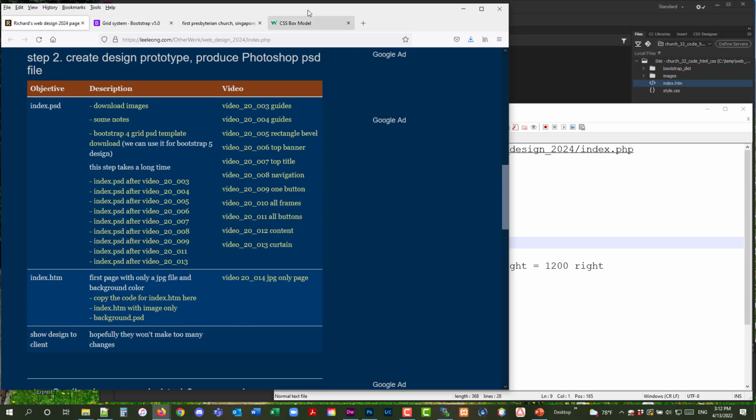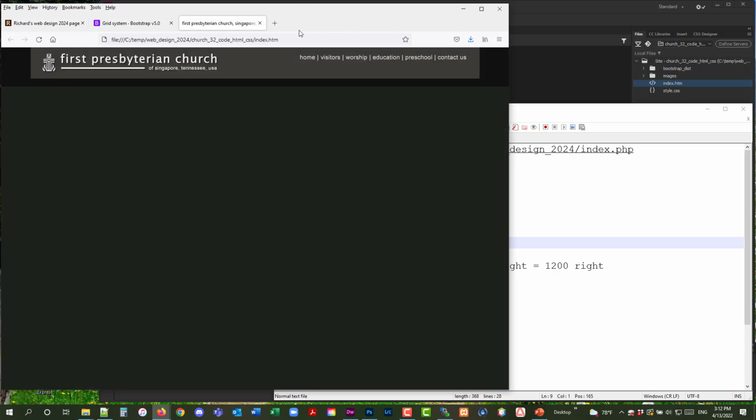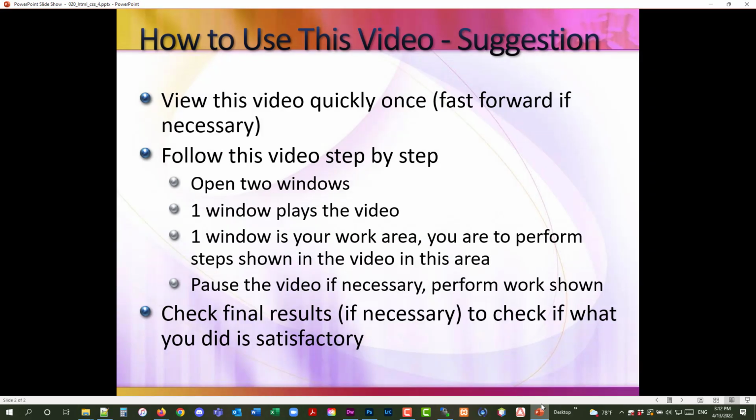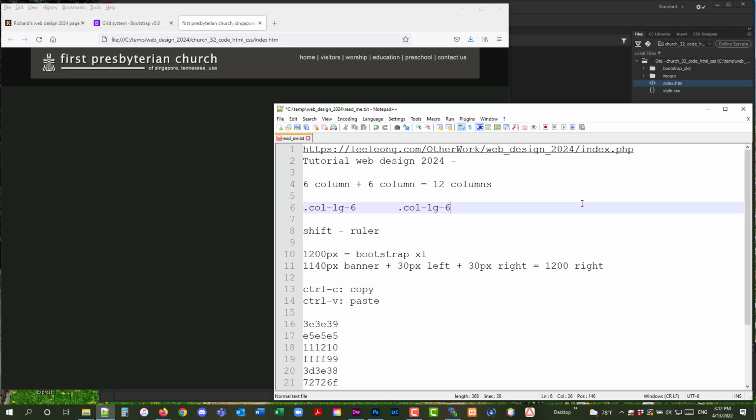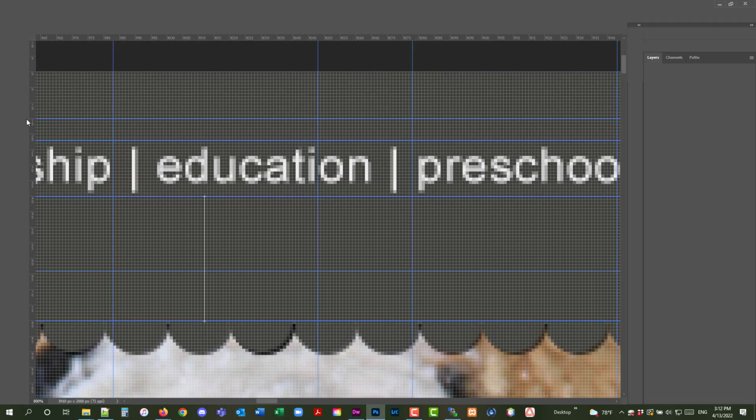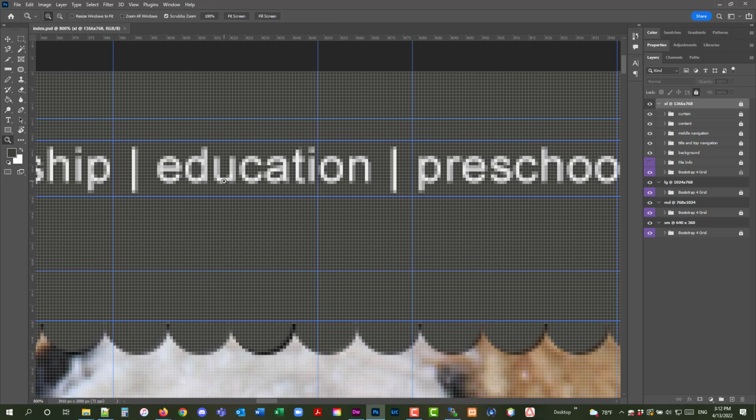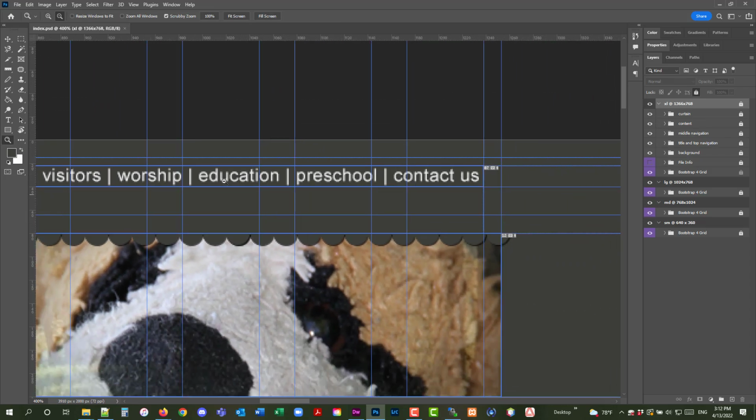Here. And let me close the box model. So this is where we stopped. Okay. Before I even move on, I realized I made a mistake. So if you look at what we did here in Photoshop,